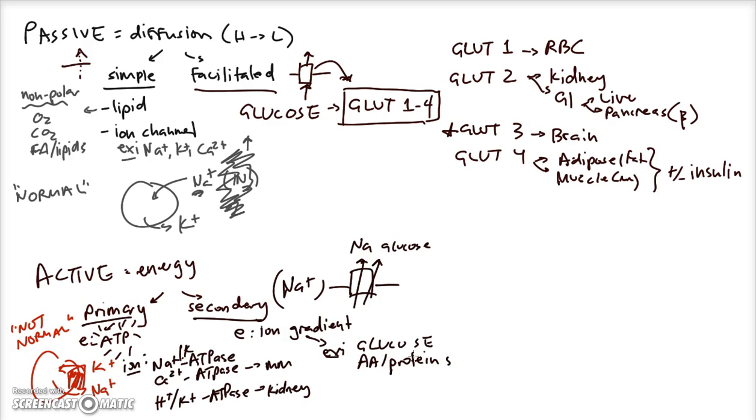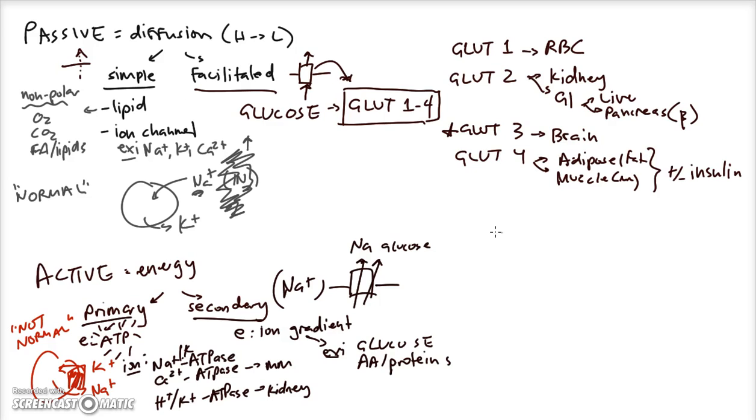Now, again, we just said glucose doesn't need energy. It can go through this little protein raft via facilitated diffusion, and it's a passive process. We don't need energy. But in some cases, yes, we do need energy in order to pull glucose into a cell. Now, let me just draw something that is often depicted in physiology